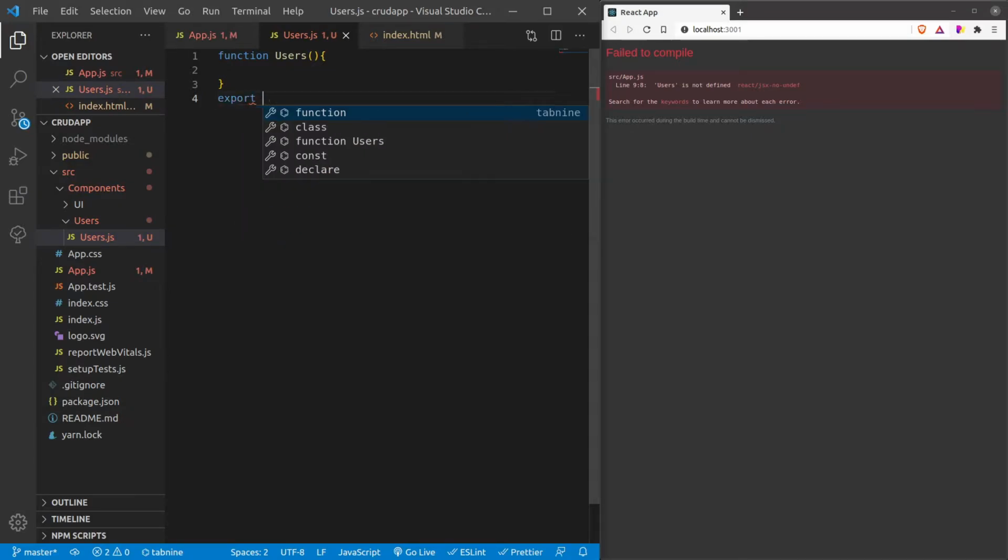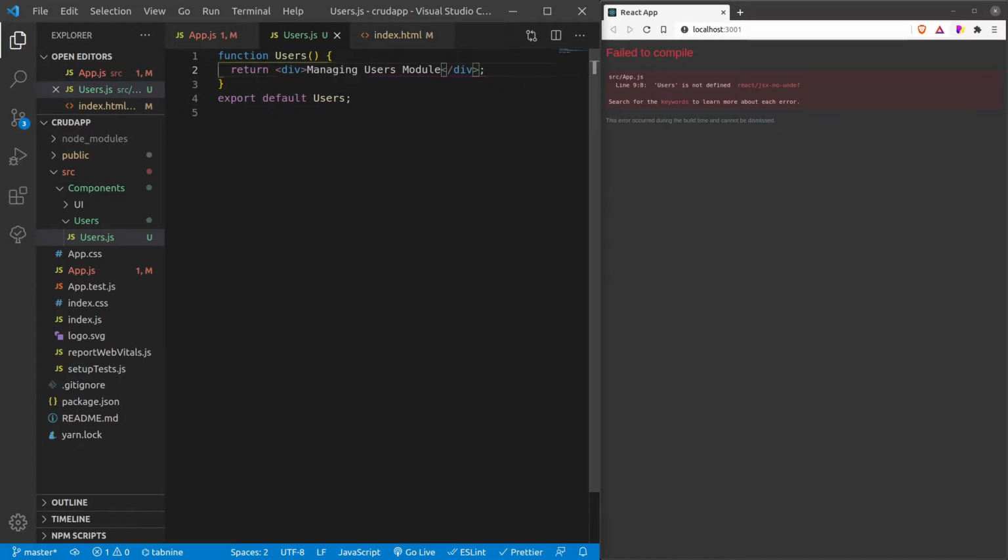Alright, and let me export default users, and here it will be returning managing users module. Alright guys, so I have created a basic users component.